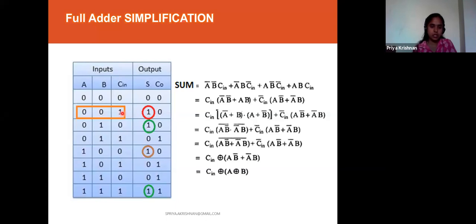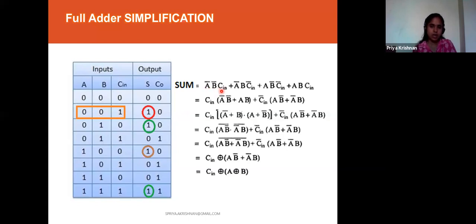My input is A, B, Cin: 0, 0, 1. Shall I write this 0 as A bar? Yes. And this 0 as B bar? Yes. And this is already 1, so it will be as such, Cin. So I have written A bar, B bar, Cin.